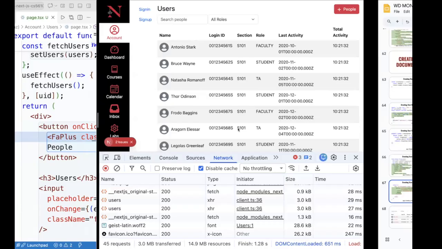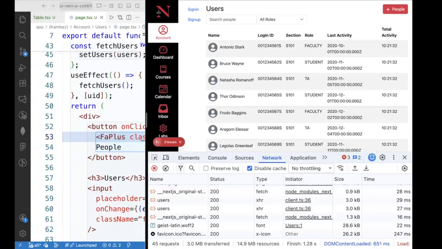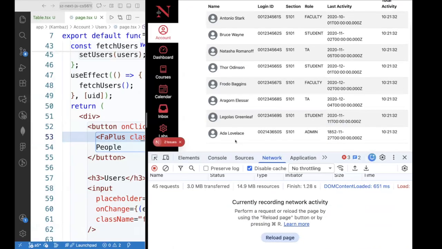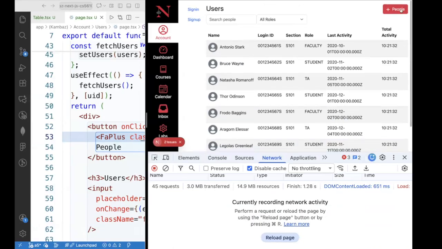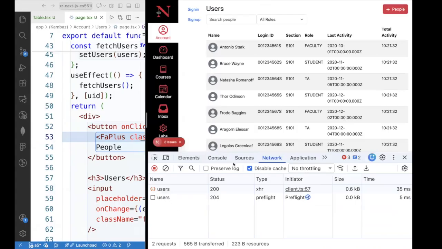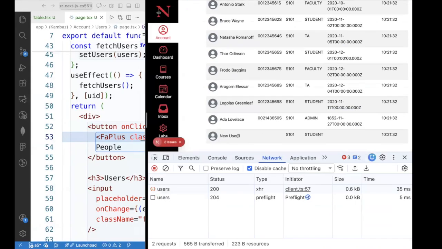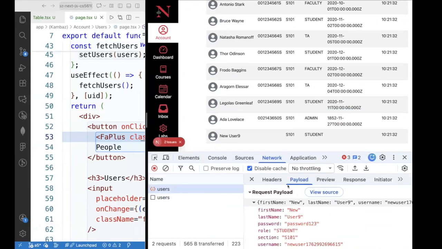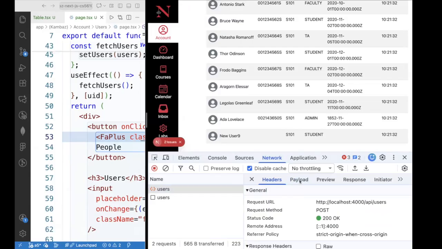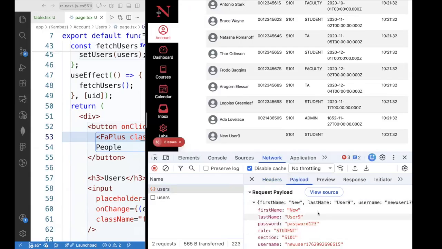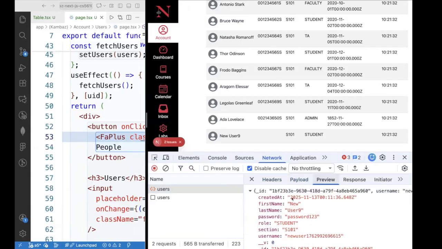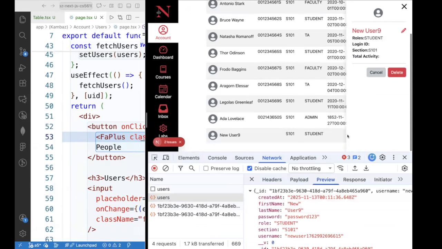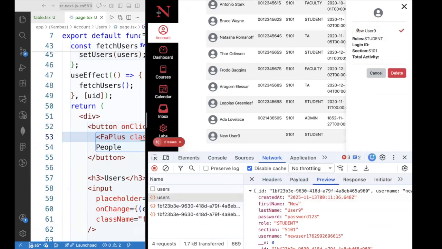And if we click on it, notice that down below we don't have a new user yet. So if you click on new user, it's posted and we're adding it at the bottom. See that? And here's our post, with the bogus user information that comes back with the primary key generated on the server in the database. And then we're just adding it here. We can always edit it. We can click on new user and edit it here. And this can be